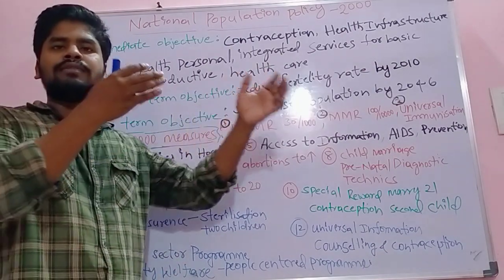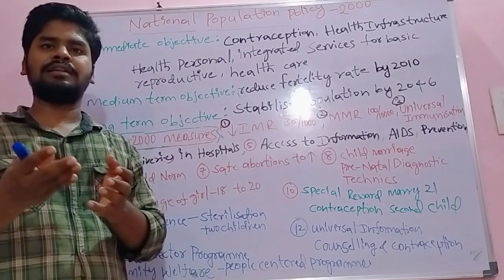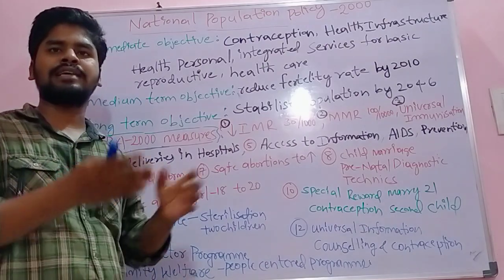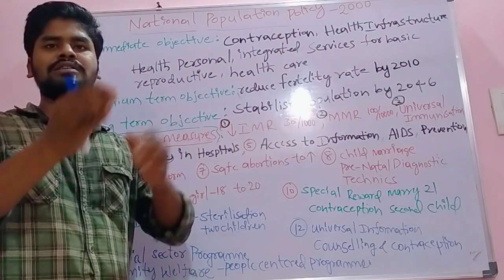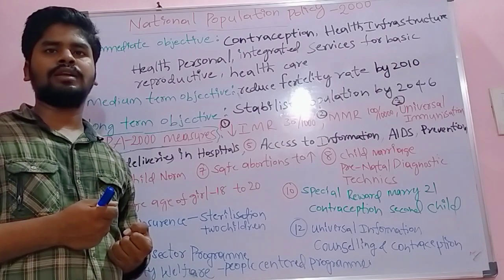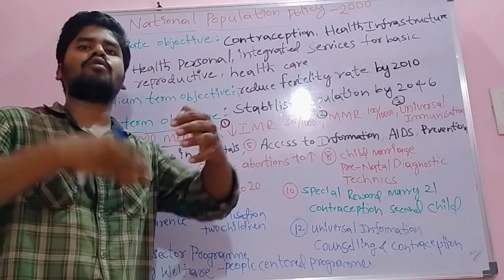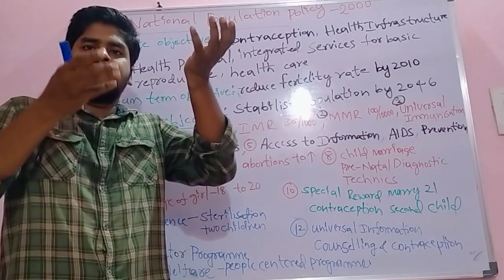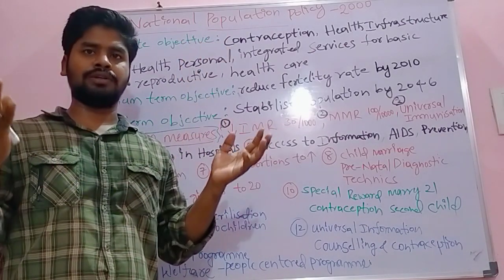In that there was the theory of demographic transition. High birth rate and high death rate in the first stage, low death rate and high birth rate in the second stage, and in the third stage, low birth rate and low death rate. That's the demographic transition theory, and Malthus, in his book An Essay on the Principle of Population, clearly explained what a population explosion is. If the birth rate is very high and the death rate is decreasing fast, that leads to a population explosion.